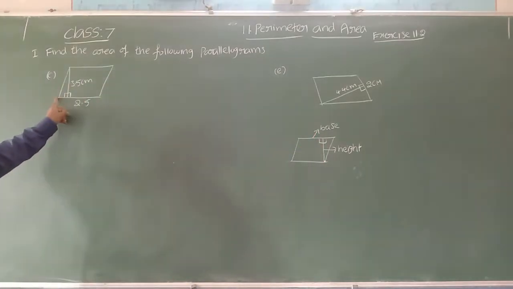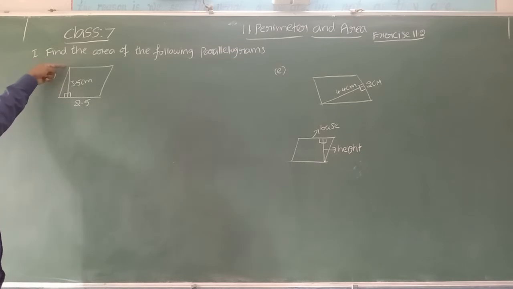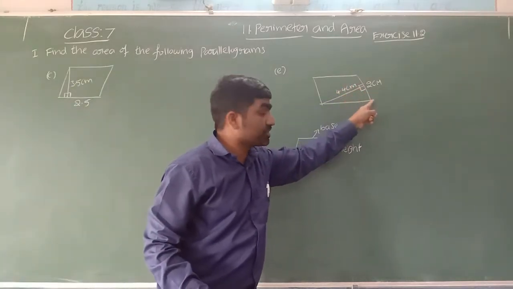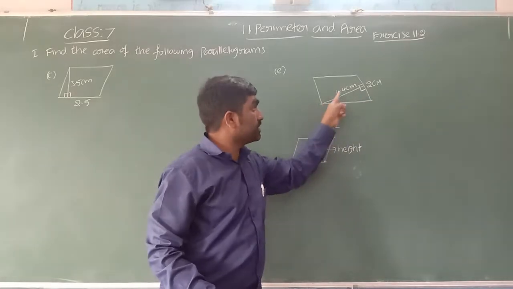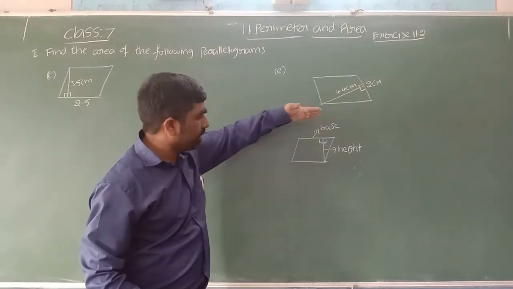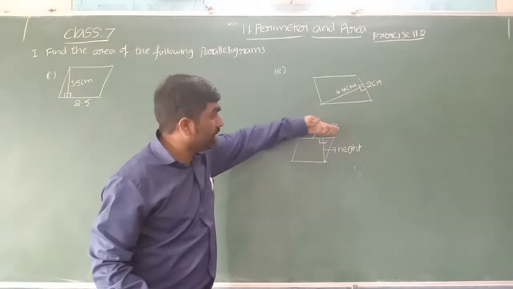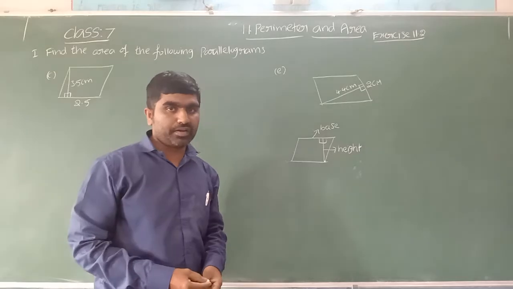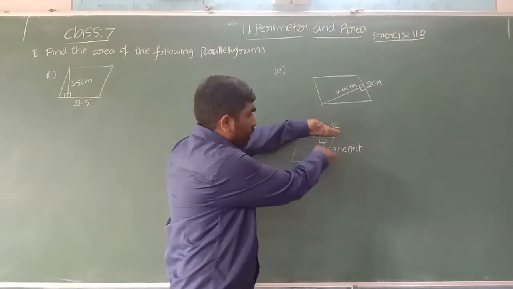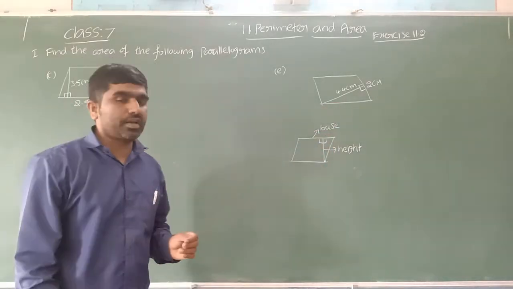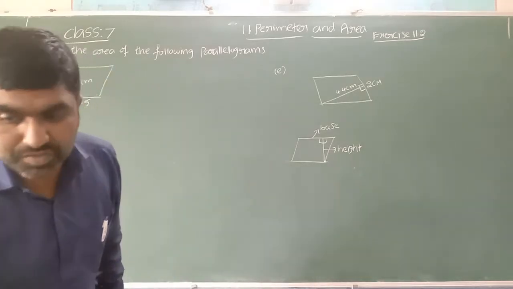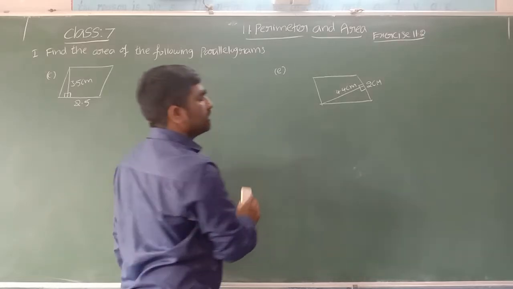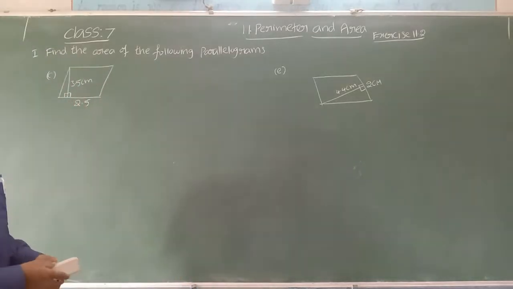You can see here, this one is the base. The reason: on this we have a perpendicular. Here you can see this is the side of the parallelogram which is called base, because on this we have a perpendicular. And here this is one of the sides of the parallelogram which is called base. On this side perpendicular is drawn. So from this what we can say is, base is any one side of the parallelogram on which perpendicular is drawn. That particular side we consider as a base.